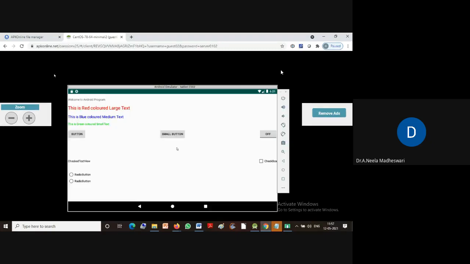You can see here, now we are getting a desktop-like screen, right?